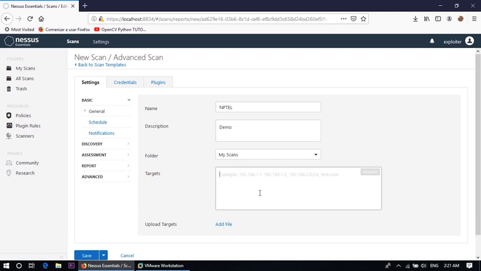In this case my target IP address is 192.168.0.104 and 192.168.0.106. This way we can use multiple IP addresses for scanning, separated by commas.